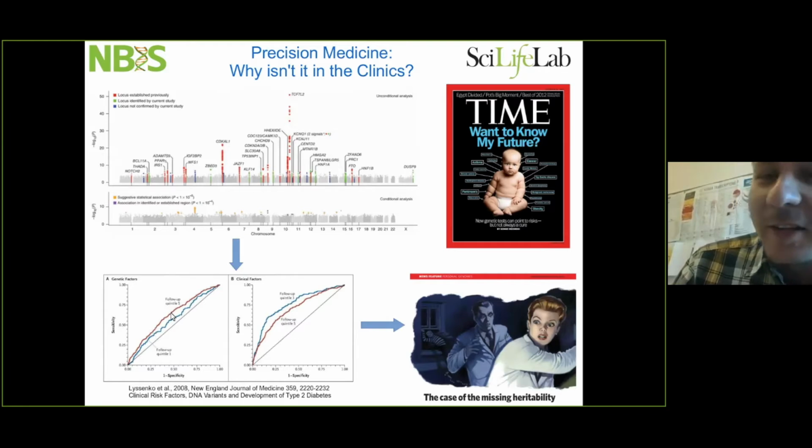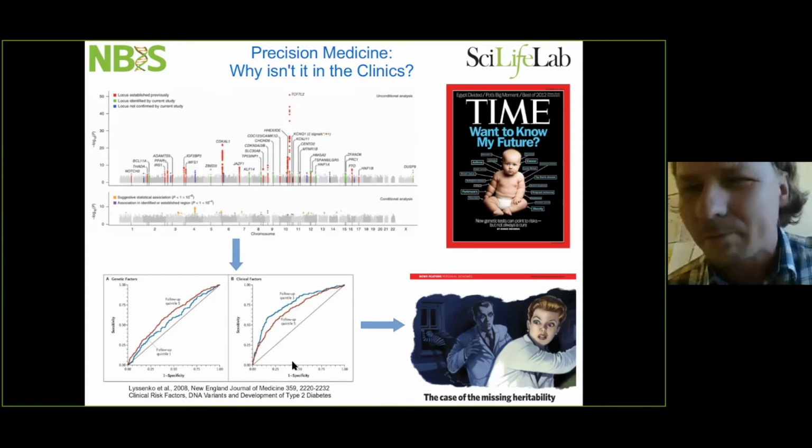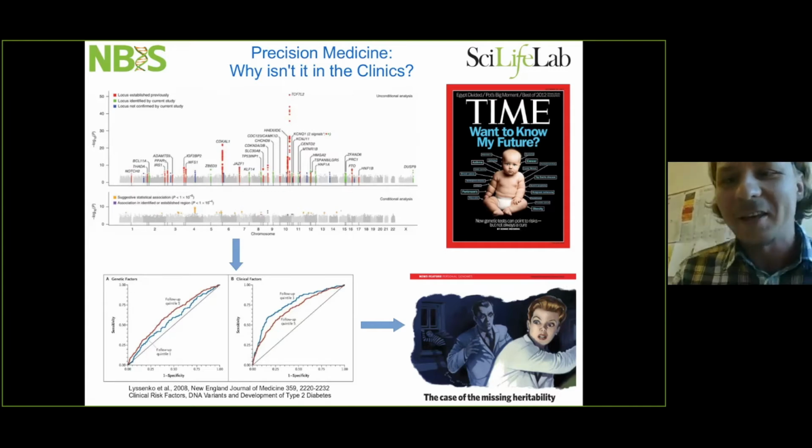And it doesn't look great. Moreover, if you look at prediction based on clinical factors, it's trivial information: blood pressure, body temperature, body mass index, age, sex. And this trivial information turns out to predict type 2 diabetes so much better than genetics, and this is kind of frustrating. So why is it the case?